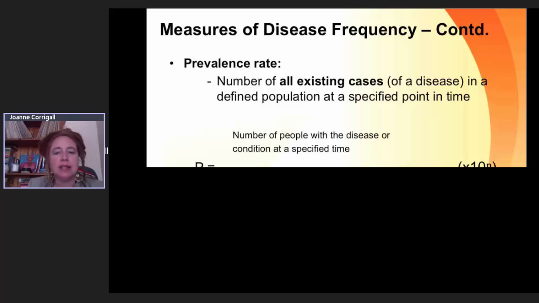Sometimes the denominator is defined as just the population at risk, and you'll see that sometimes prevalence also uses just the general population. But obviously it makes a lot more sense to have your denominator as the population at risk. So let's have a look at an example. So in South Africa,